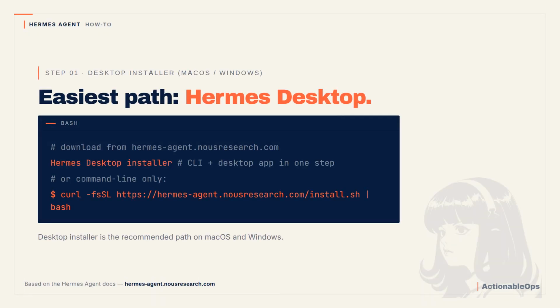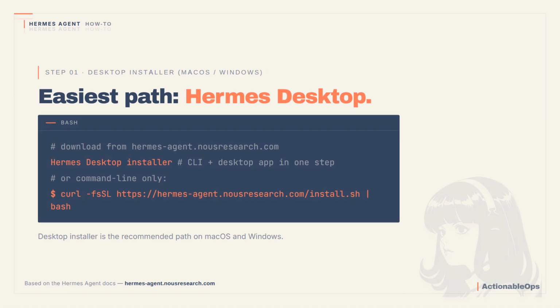On macOS or Windows, the easiest path is the Hermes desktop installer from the website. It installs both the command line and the desktop app in one step. For a command line-only install, paste the curl one-liner on Linux, macOS, or WSL2, or the PowerShell variant on